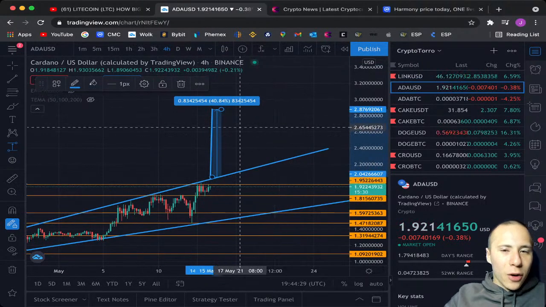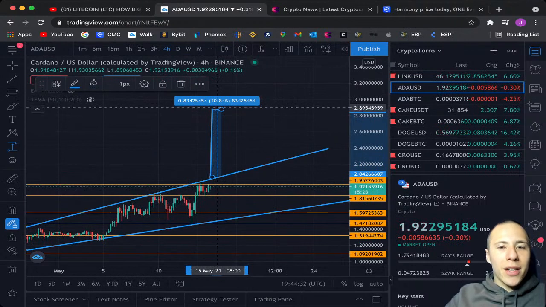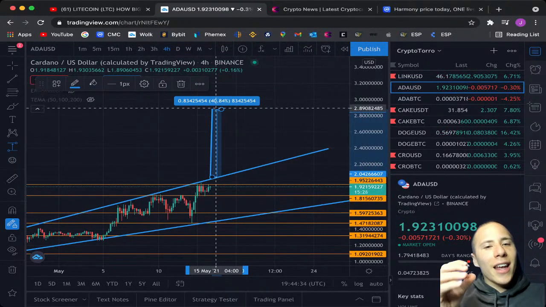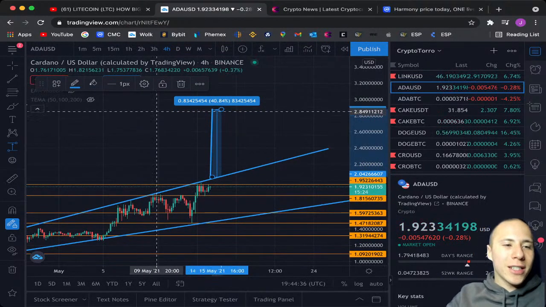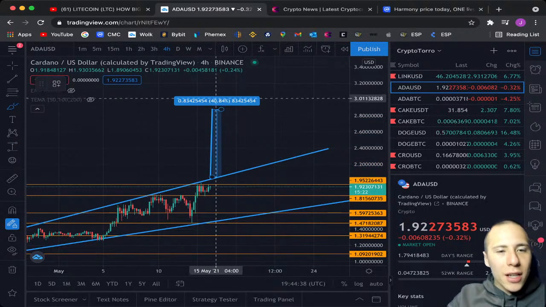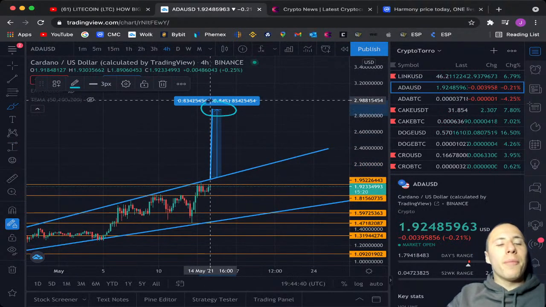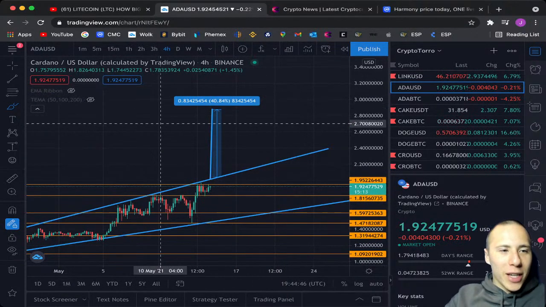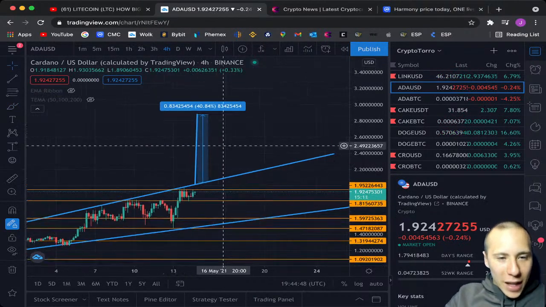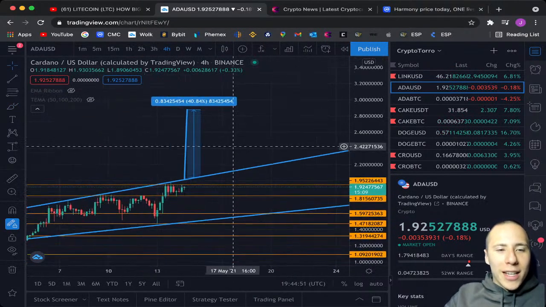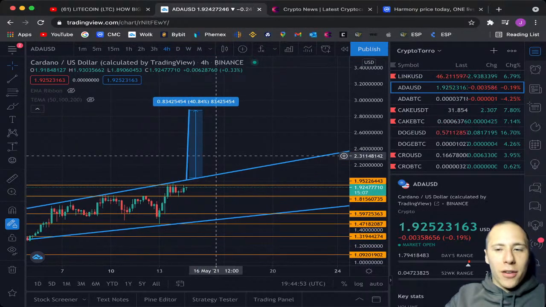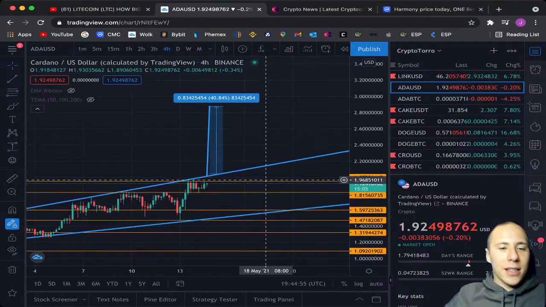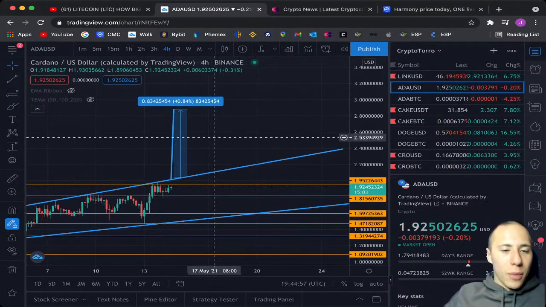And I think that's just incredible, because then we would be seeing Cardano at $2.89, approximately $2.90, and that's just 10 cents below the $3 target where I'm personally waiting for Cardano to be reaching in the upcoming month. And I think it's not unrealistic that this will happen. It's just a matter of time, and it's just amazing that we are seeing this at this current moment.